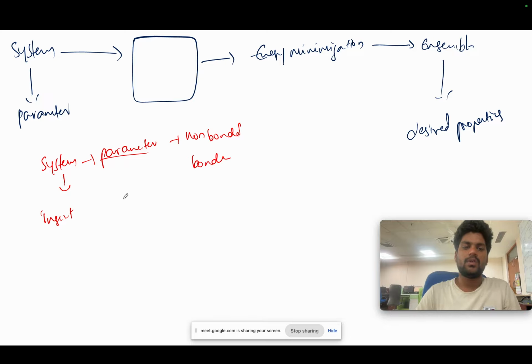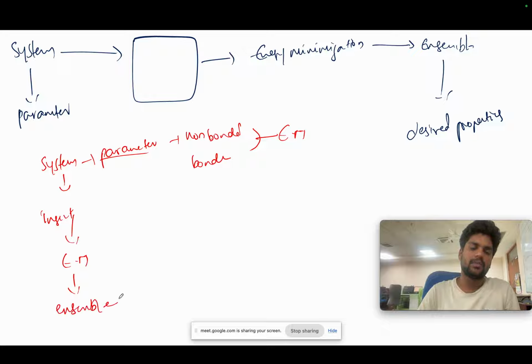Once we have the non-bonded and bonded parameters, we run energy minimization, and then we run the ensemble averages to get our results. So this is the basic flow of how we can run the